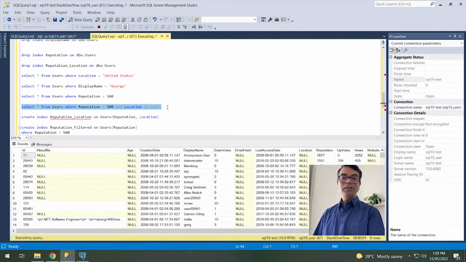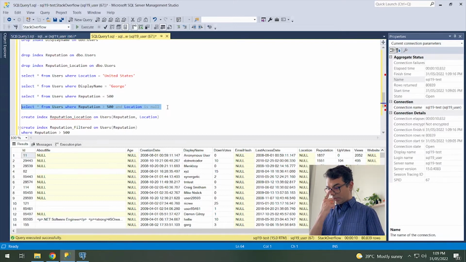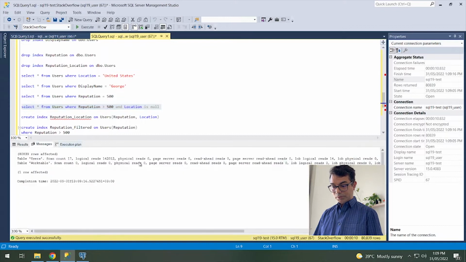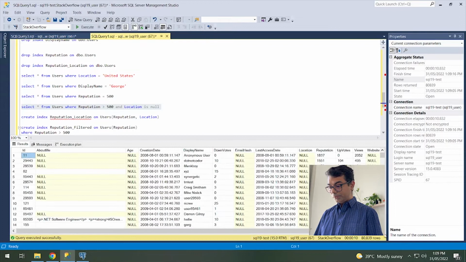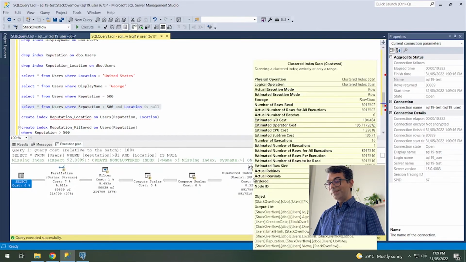I did not show you the logical reads. It will be 142,000, which means it's doing a full table scan. As you can see, it's really going for a while, which means it is doing the full table scan. And the number of rows coming out is 80,000. So it is a very minimal set of records compared to the complete table. The complete table contains 8 million records, right? So 80,000 out of 8 million could be supported with an index, but it's not really supportive.